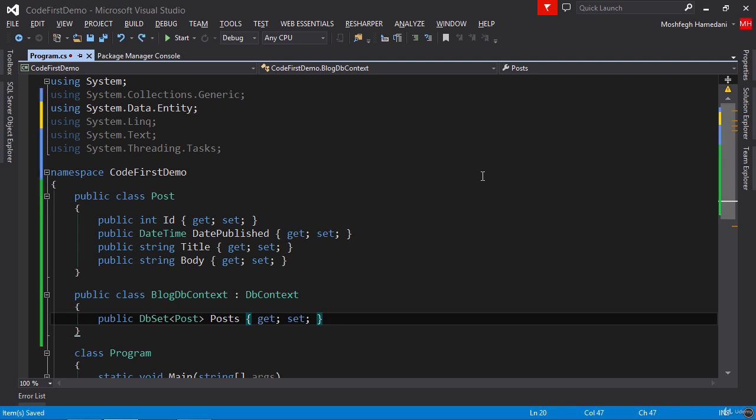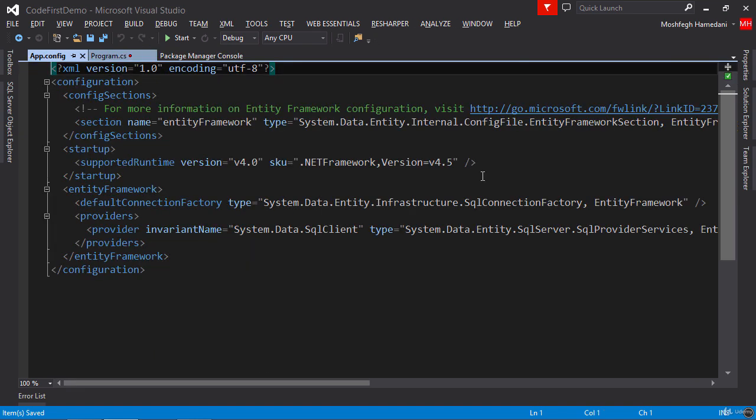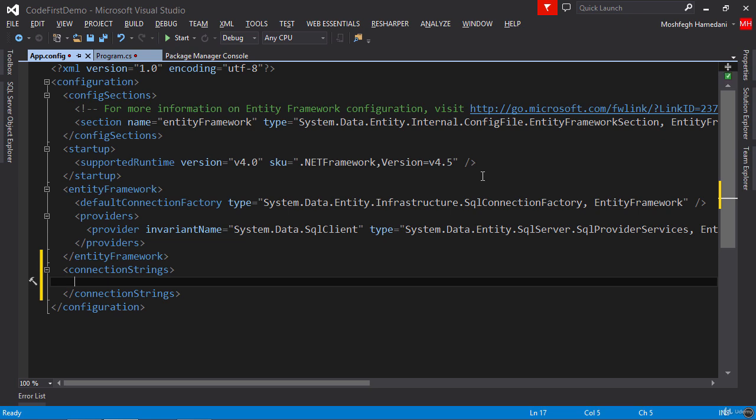Next, we need to specify the connection string to the database. So we go to app.config. And here, I create the connectionStrings element and add a new connection string. I'm going to call this the same name as my DbContext. So BlogDbContext. And the actual connection string is